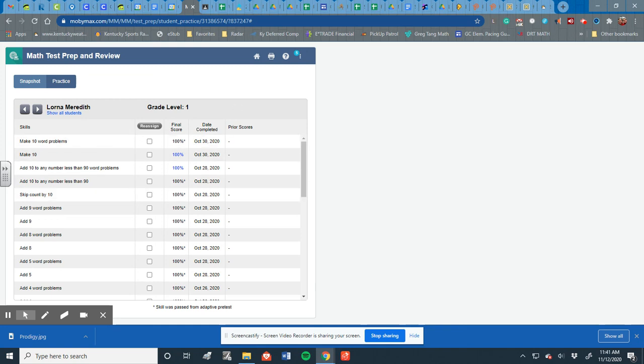I really got a lot of growth from using this module like this last year with RTI students. When I gave STAR tests after they had worked on it for several weeks, their scores jumped up. Then the third time they took their STAR test, some of them right before COVID, their scores had gone up again. So I believe that the math test prep and review section gives you a lot of bang for your